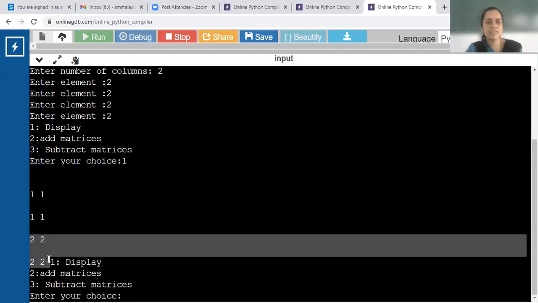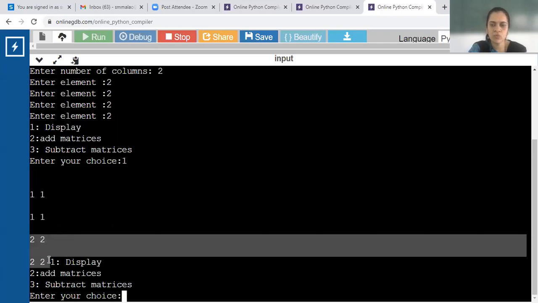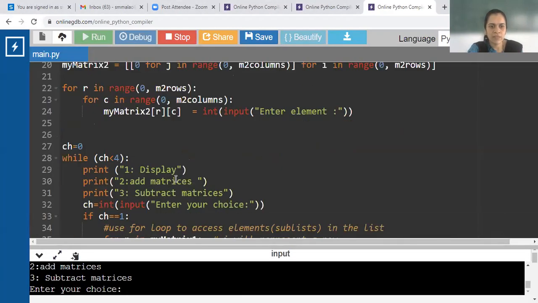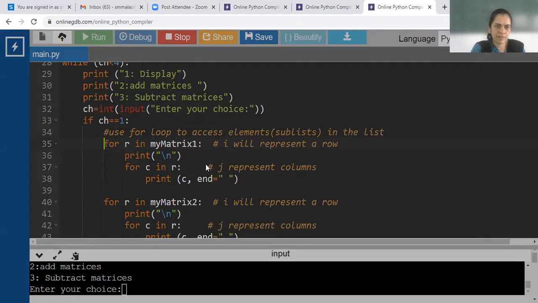Are the matrices displayed properly? Matrix 1 and matrix 2, are they displayed properly? So here you can have a print statement.